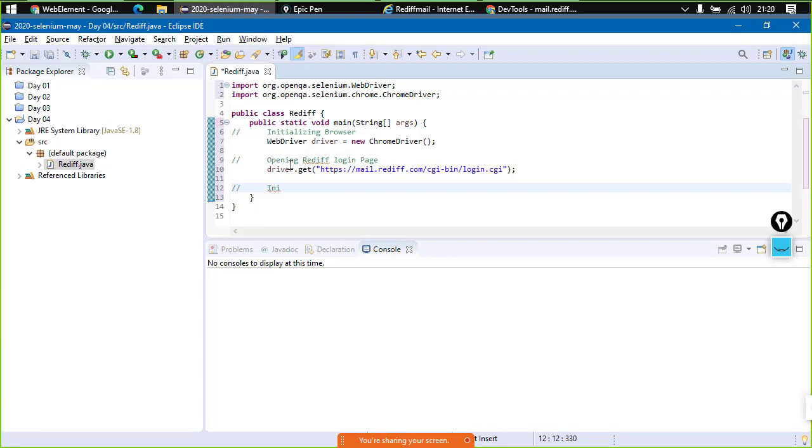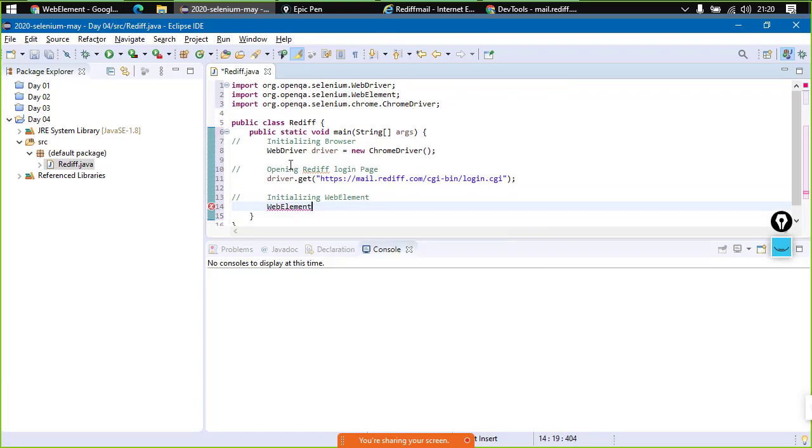So initializing web element, and here what we would be doing is we would be simply trying to work with web element. Now whenever there is an interface, we don't create an object, right?